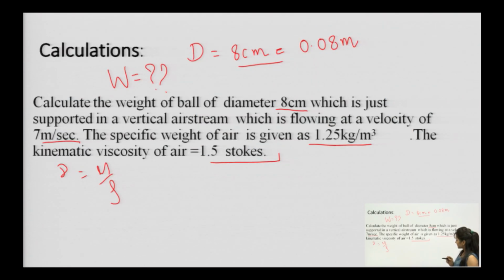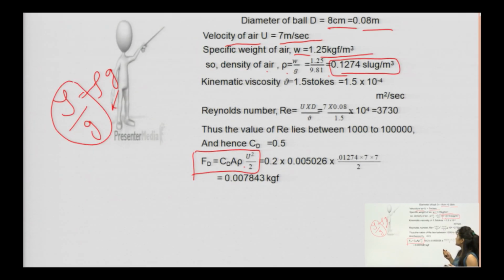Let us see, yes, it was given in Stokes. Let us convert it into the normal standard unit, that is meter square per second. So, for that we have multiplied by 10 to the power minus 5. Now, for that formula you need area, then diameter, and with the help of density you have calculated, you have it given. Now, coming to the value CD, how you are going to calculate the coefficient of drag.